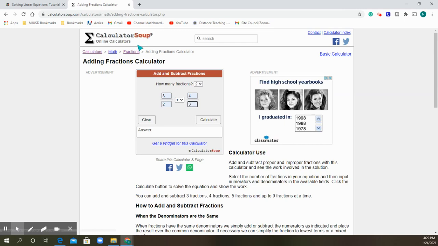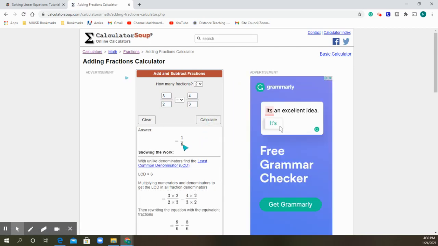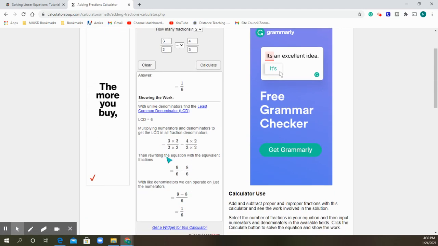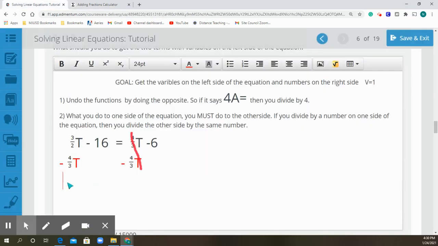I go to Calculator Soup, I type in the fraction, 3 over 2. I want to subtract 4 over 3. I click calculate and it says 1/6. This shows the where, why, and how of that whole process if you care to know, and I highly recommend that you look it up. So now we are left with,